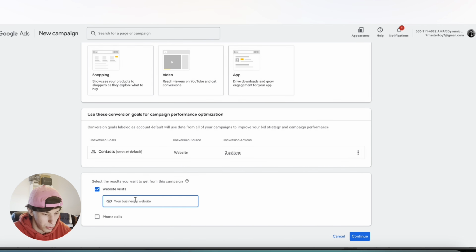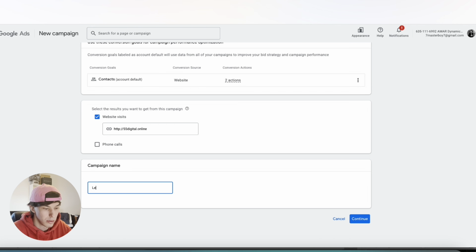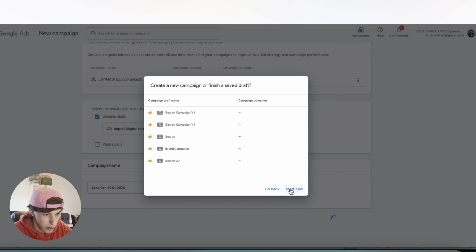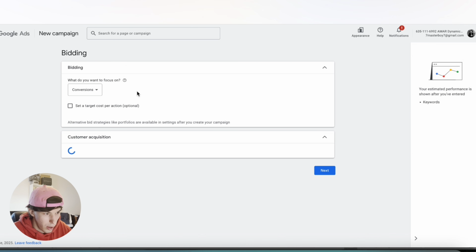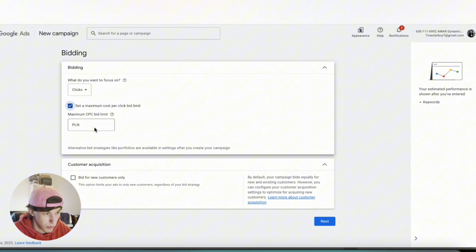Website visitors, so here we want to paste our website URL, of course. Campaign name will be lead gen. Continue, start new. If you have a new account, we have to start from clicks, because we don't have enough data